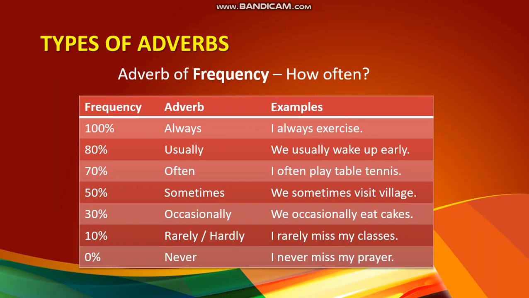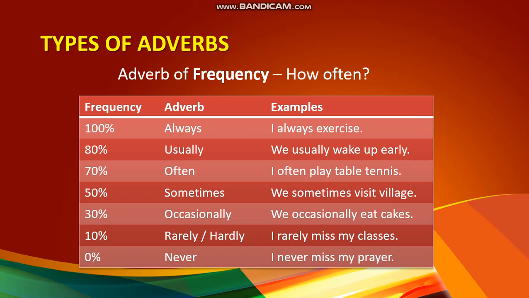Here's one more interesting way of describing an action, which is called adverb of frequency, which gives you the answer of how often. Now, are you a bit confused about this word frequency? Let me make it easier for you. Frequency means repetition, how many times something is repeated. Maybe in your daily routine, maybe once a year, maybe once in 5 years, or maybe every minute. So look at the frequency first.